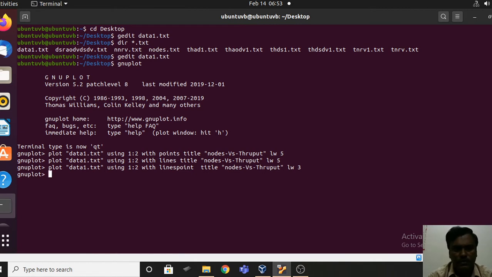And if you want to draw two or more graphs in one graph itself, you can do so. For that, what you need to do is this.